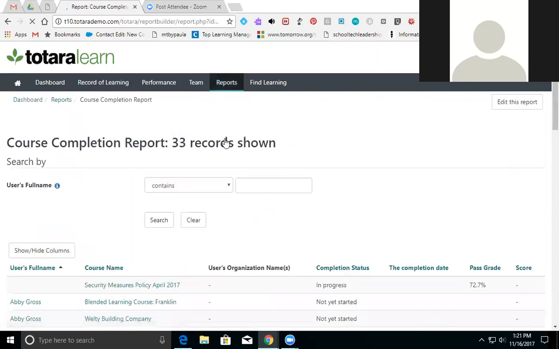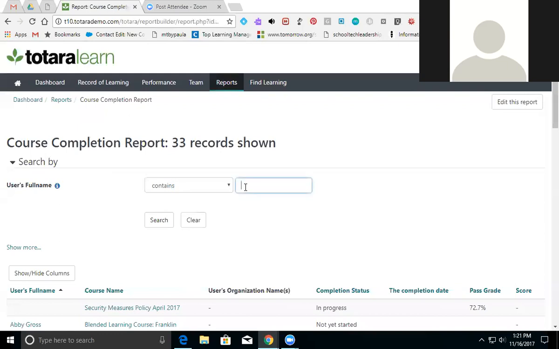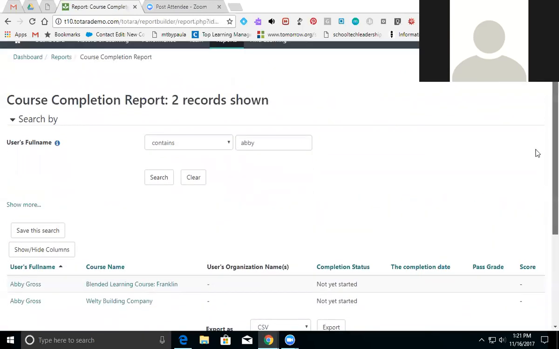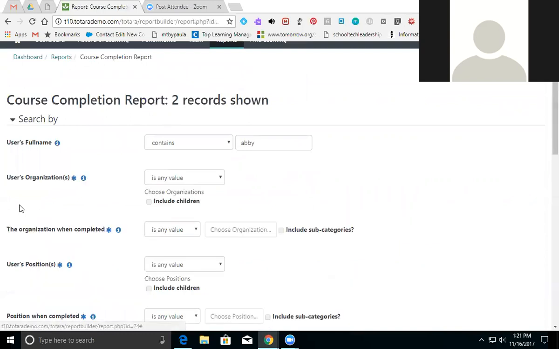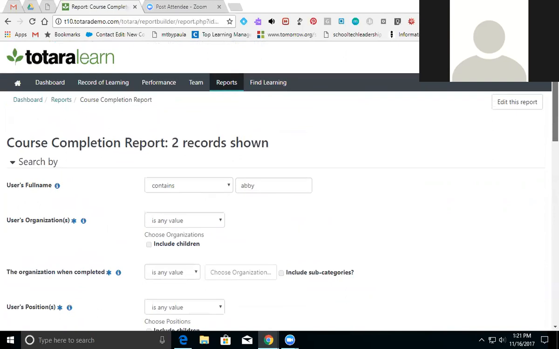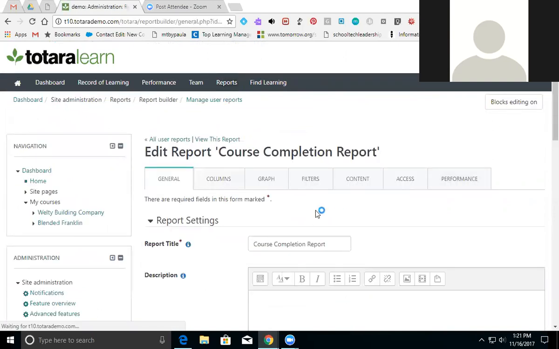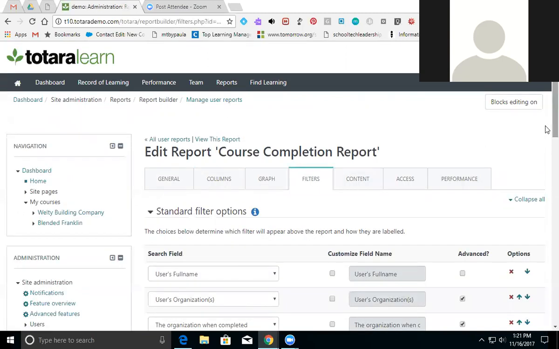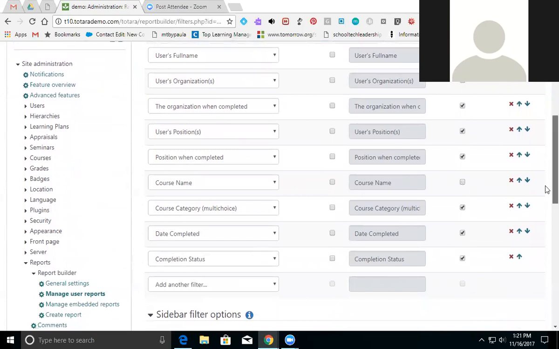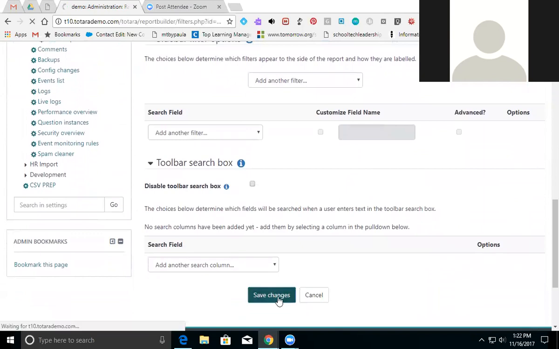So let's look at this report. Right now, the only thing that it's showing is if I wanted to sort by a name, then we get Abby Gross here, okay? But there were a lot of other filters on there. They're hidden under show more. And part of that is so that if they were all showing, you might be scrolling for quite a bit. So I find that this gets really, really helpful. The more familiar I get with the report builder, the more I might delete filters, and the more I might put things that I'm more apt to use on the front page. So let's see, I don't really care so much about these, but let's say I really want to do by course name, okay? So now I'm going to save this,